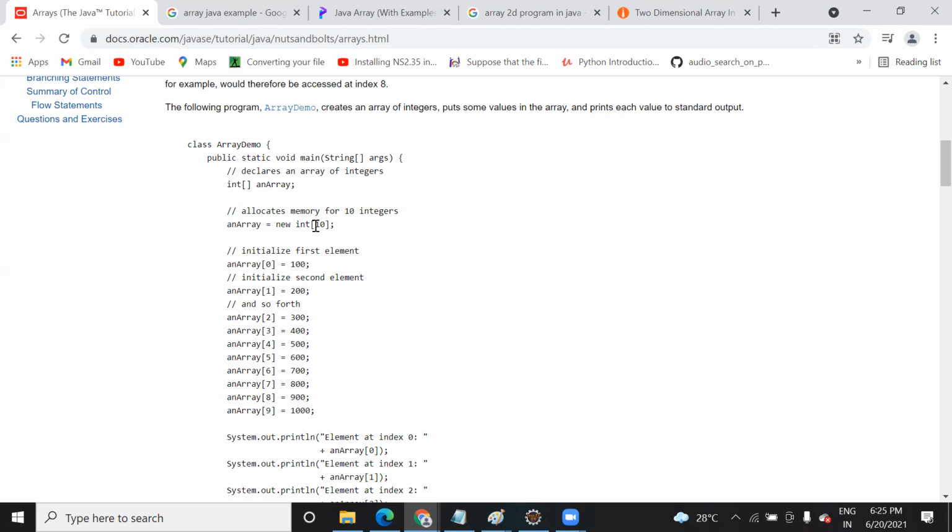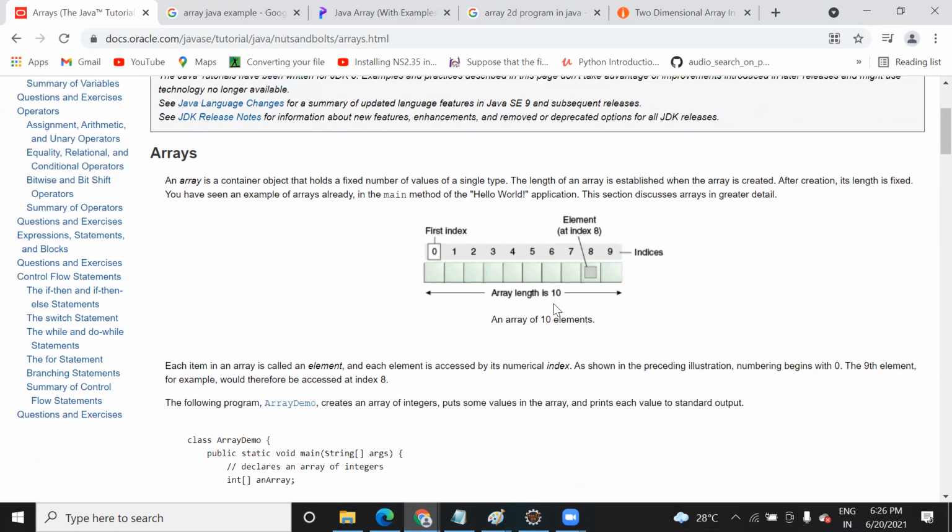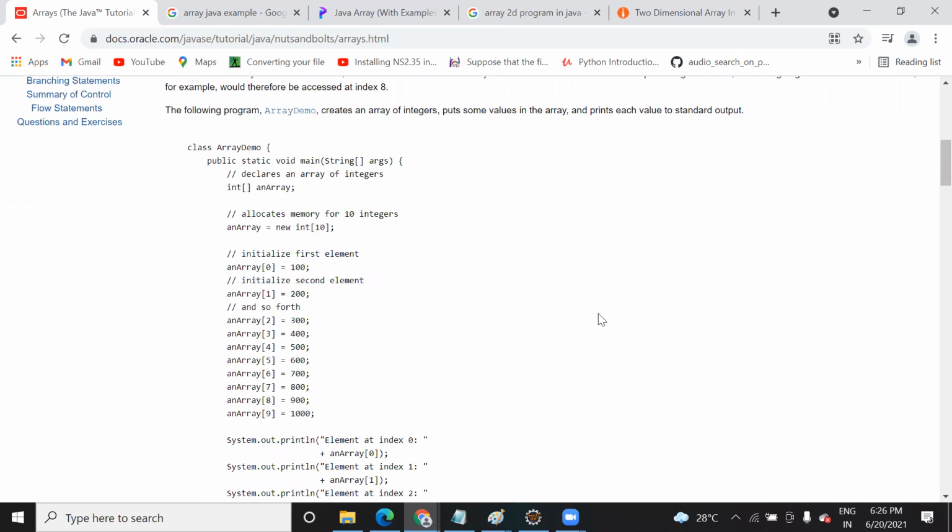This is the number of elements in an array, but when you subtract 1 from it, it will give you the last index. That's why it will go from 0 to 9. Okay, 0 to 9, why have we used it? Because for 10 elements the index starts from 0. So here you can see it will go from 0 to 9. This is your first index, this is your last index, and this set of indexes is called indices. This array length will be 10. Array length will give you the number of elements present in an array.